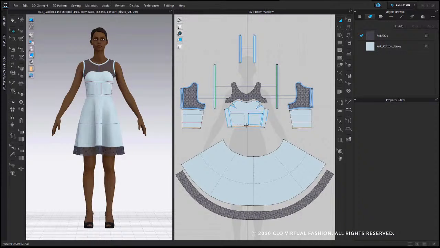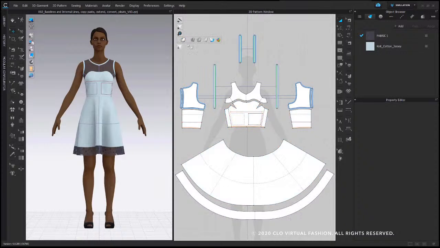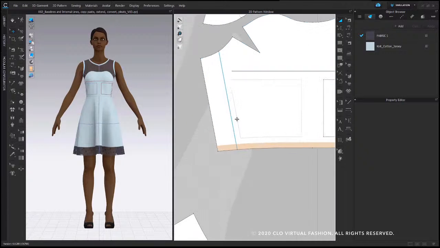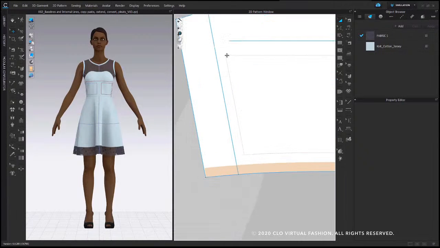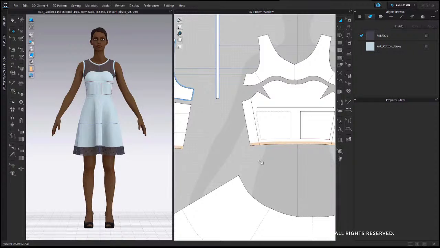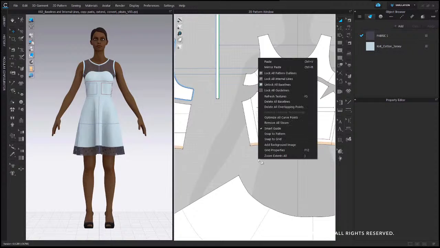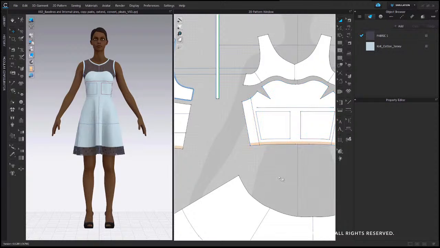Now we're going to review the updates to baselines and internal lines. First, I'm going to turn on monochrome surface so I can have a better view of my pattern markings. So if I zoom in, the first update is that a locked baseline will display in a slightly dotted or dashed manner. So I can right-click in the 2D background and select Unlock All Baselines. And you can see that that line then becomes more solid and defined,